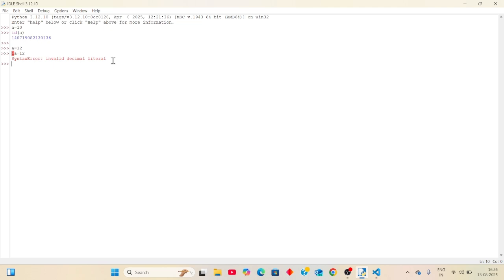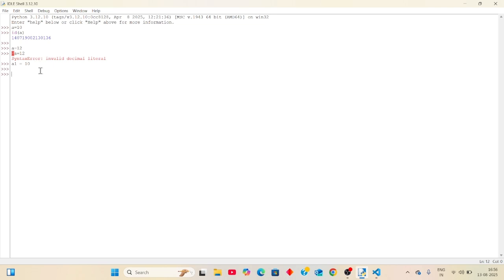The first rule is don't use a number at the start. After an alphabet we can give numerals. Suppose a1 equals 10. It accepts.